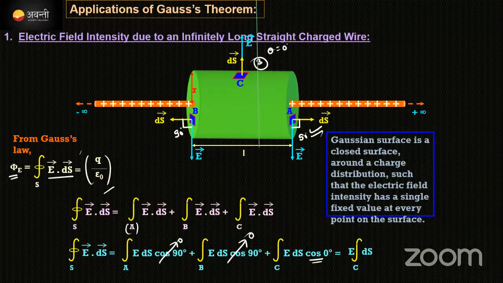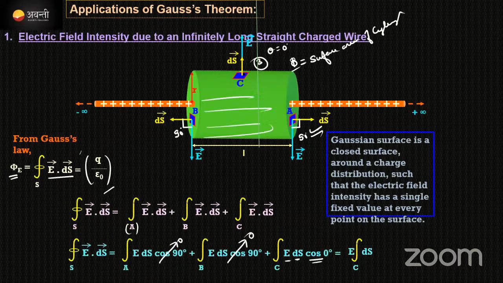कोई problem नहीं. Remaining thing is that guys, third area means surface area से क्या मिल रहा है हमको? Flux मिल रहा है. Flux is actually we are getting from the surface area here, surface area of cylinder. Correct ना? Okay, cos 0 degree will be 1 and remaining thing will be EDS. Correct ना? But we need to integrate all this area. ये थोड़ा सा area है, but we need to integrate all the area, means may I know what will be the area of cylinder. Okay, area of cylinder क्या होता है?